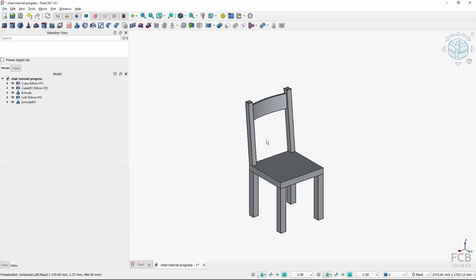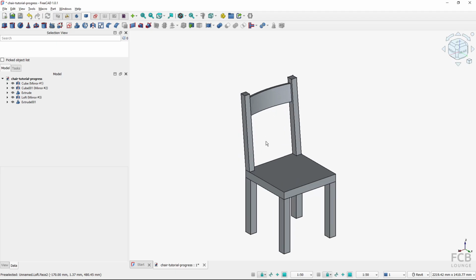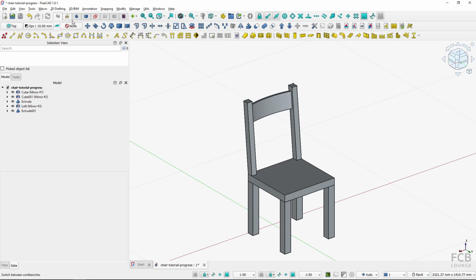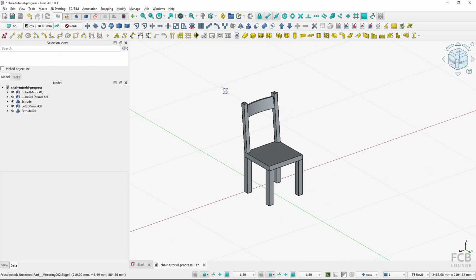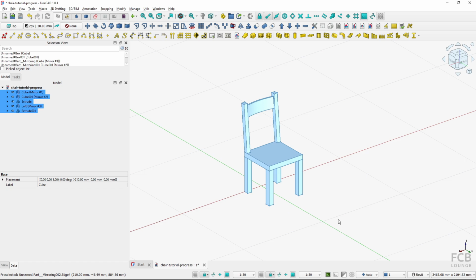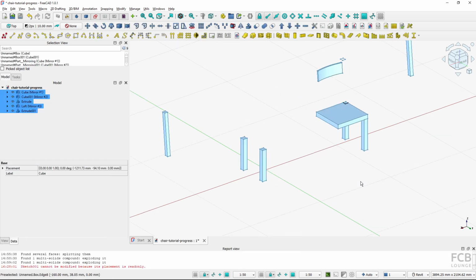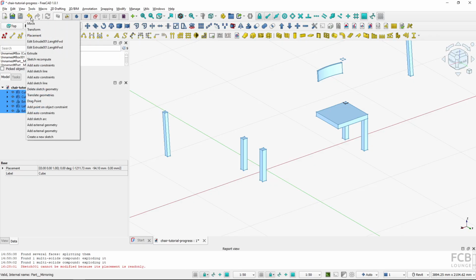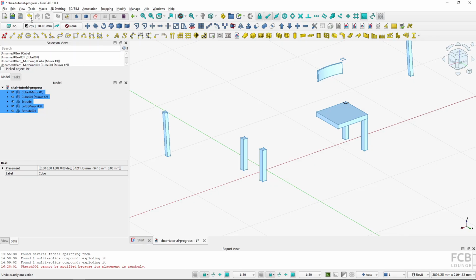So the chair geometry is created, but we have got still some work to do. This is because if I'm back in the BIM workbench and I would select these objects and I would want to move them, so I will use the move tool. You can see that it's broken up like so. This is because there are some relationship between these objects. So I will choose the undo tool and undo the move